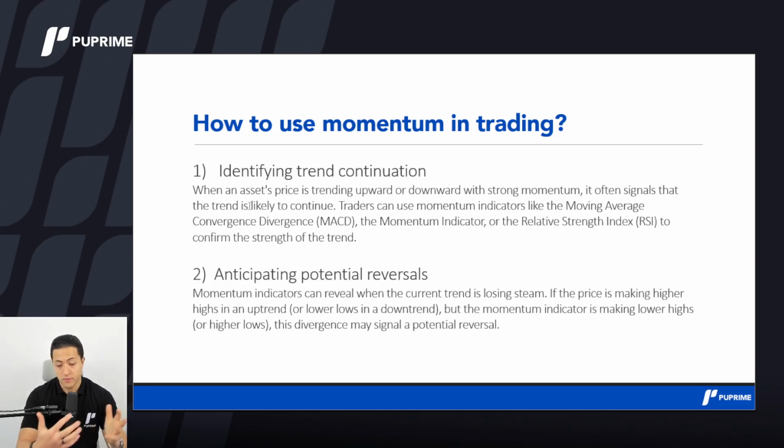And the other way, if prices are moving lower, a lot of people are maybe panicking or they are just selling. They are giving their share of this item back to the market. I'm selling, I don't want this. If a lot of people are doing this, you have powerful momentum, but on the selling side. So this means that most probably this trend will continue. Traders can use momentum indicators like the moving average convergence divergence, which is the MACD. It's a very, very common and popular indicator.